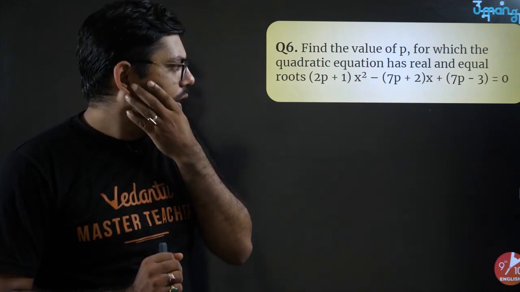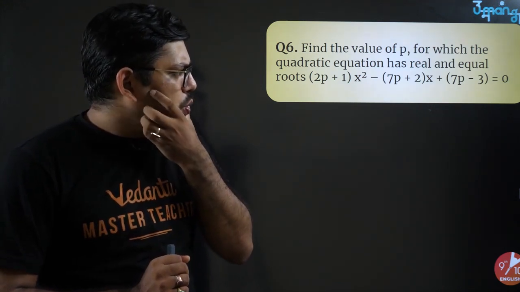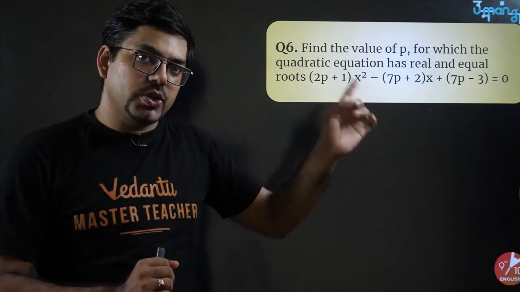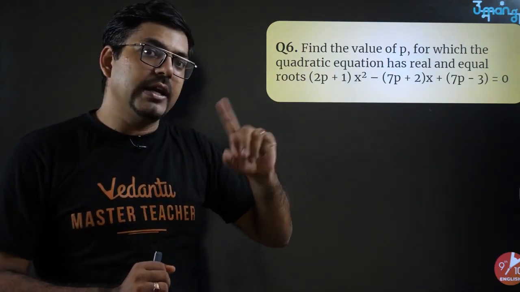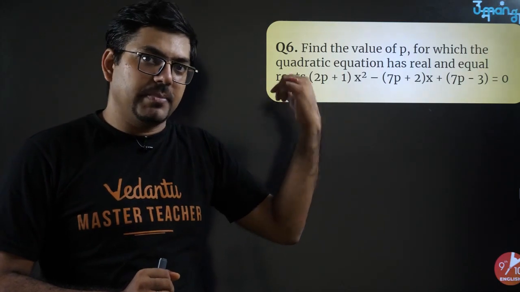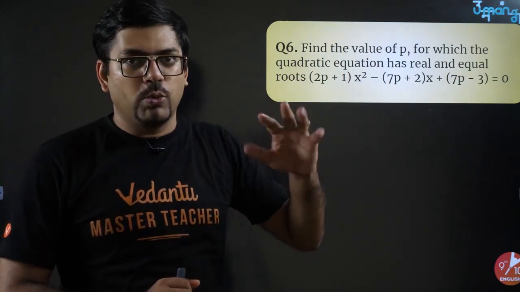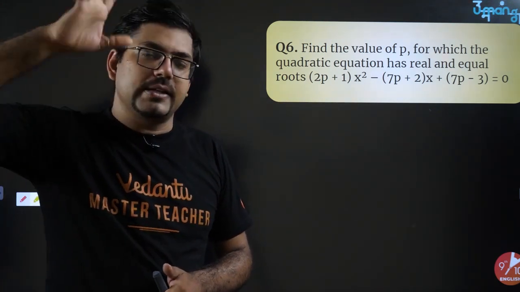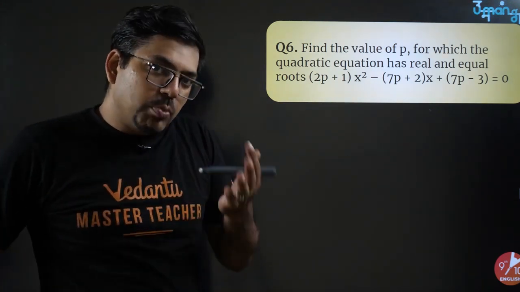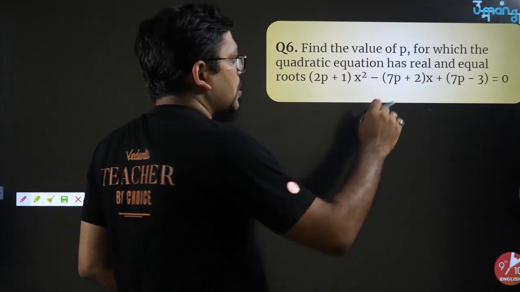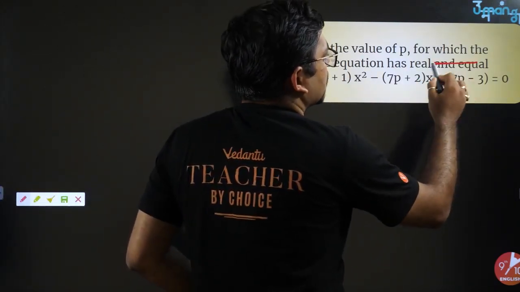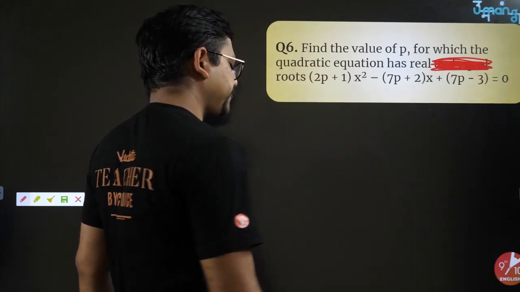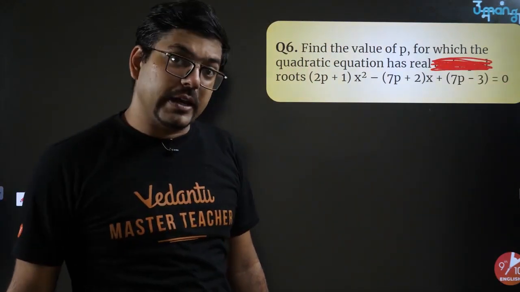Okay, just see here. So I would like to solve this question only for real. Let me just show you if this question would have been only for real, because real and equal, one type of question we had seen in the previous question, isn't it? So it's going to be more or less same, because real and equal, you will make it equals to 0 and then you will get the answer. So just to make it a little more complex, I'm solving this that has real roots. Now how will it become complex? Let me show you. Say for example, if I say real only.